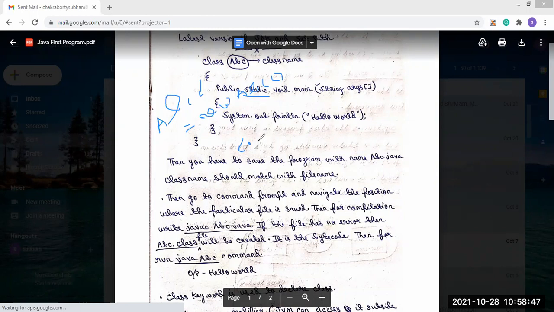Now, why do we always use static before main? Because when the JVM calls it the first time, no class object has been created. So how could we access that method if it were not static? No class or object exists, and the JVM directly calls the main method. If we didn't give static, we couldn't access the main method. That's why we always use static before main, because the JVM executes it first.